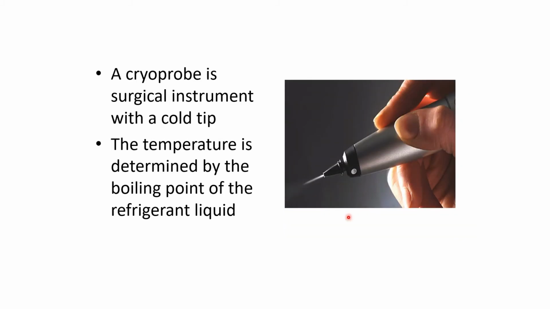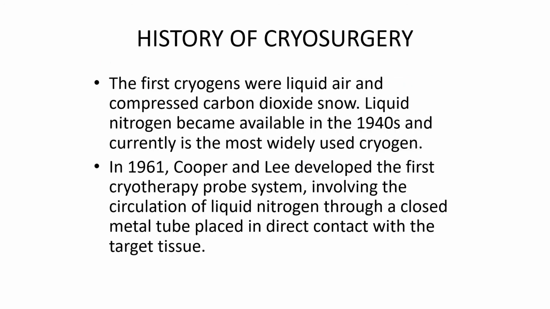Cryoprobe is the surgical instrument with a cold tip. The temperature is determined by the boiling point of the refrigerant liquid inside the cryoprobe. History of cryosurgery: how it began. The first cryogens were liquid air and compressed carbon dioxide snow. Liquid nitrogen became available in the 1940s and currently is the most widely used cryogen. In 1961, Cooper and Lee developed the first cryotherapy probe system involving the circulation of liquid nitrogen through a closed